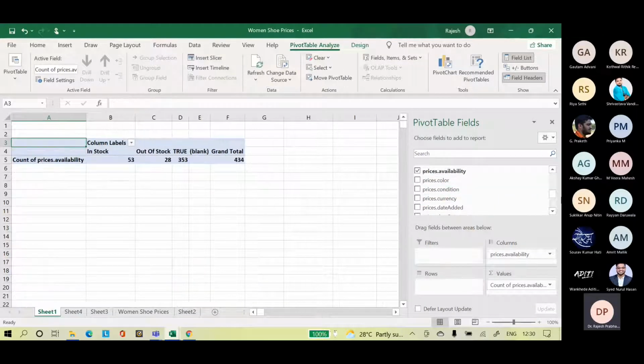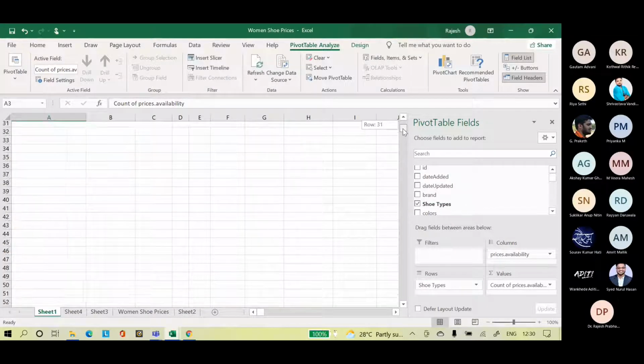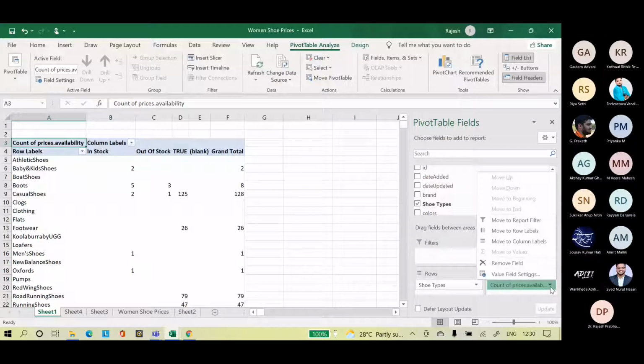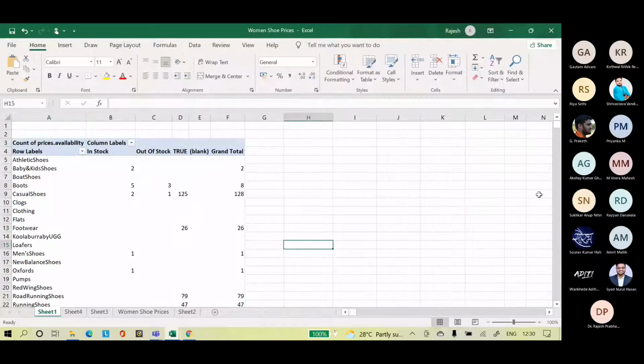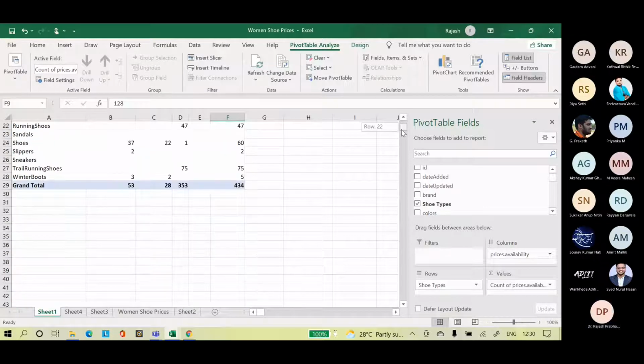Instead of brand, we will do shoe type. So out of stock and in stock. Count of value products.